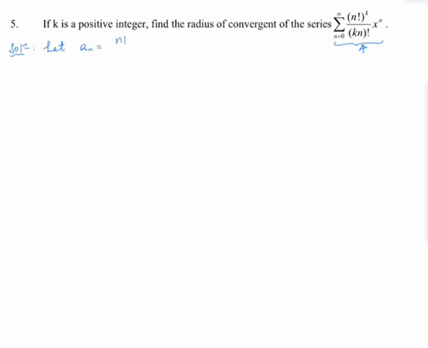So let the nth term in this power series, the nth term is (n factorial) to the power of k over (k n) factorial times x to the power of n, no? So the next term, the n plus 1's term becomes (n plus 1 factorial) to the power of k over (k times n plus 1) factorial times x to the power of n plus 1 ነው የሚሆነው ማለት ነው።